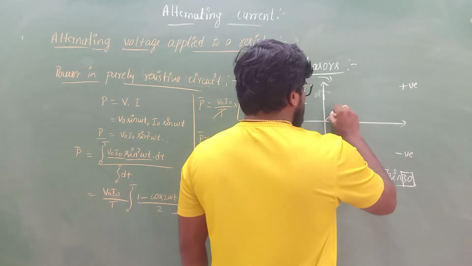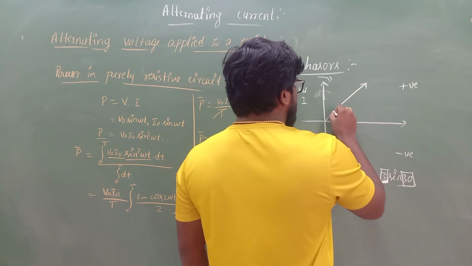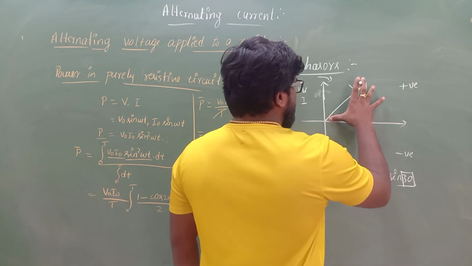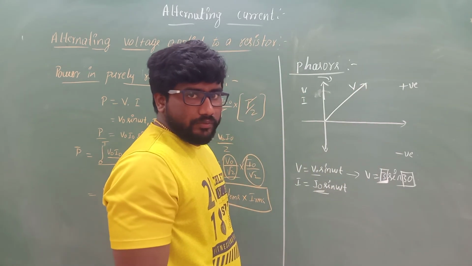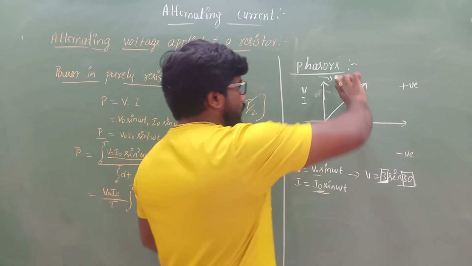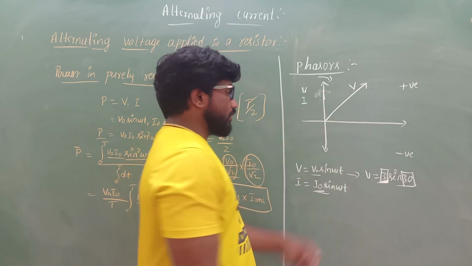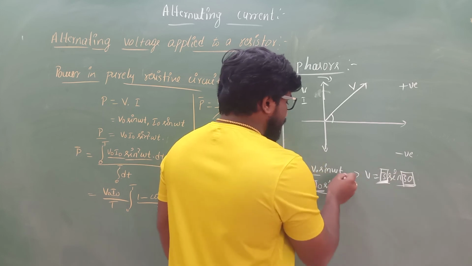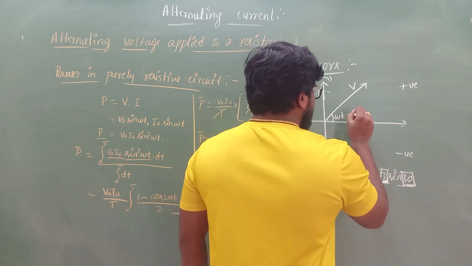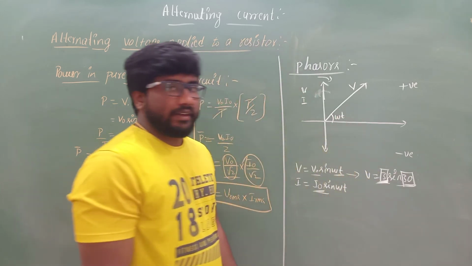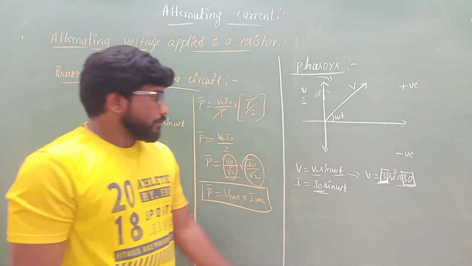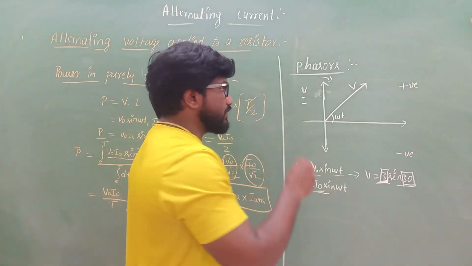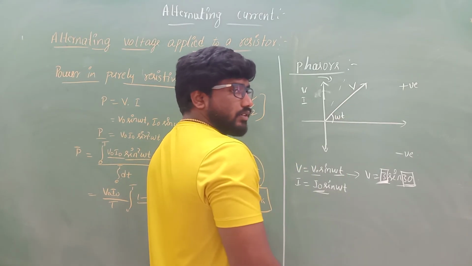So 3 is the magnitude value. If you want to take voltage, you can represent it like this. So this is V. You can draw a 3 centimeter arc here like that, and that will give you the magnitude value. So what is this angle? That is 30, which is nothing but omega t. Sir, what happens if it is 60? It comes here. What happens at 90? It comes here.